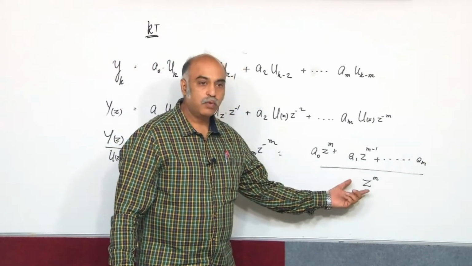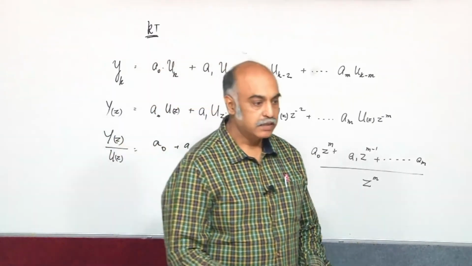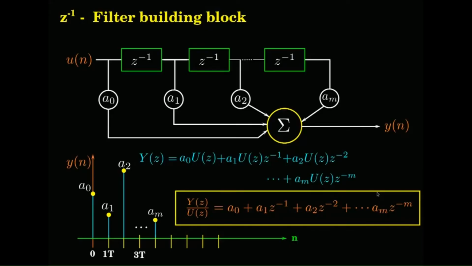Now, here, if there are m poles, all the poles are lying at z is equal to 0. So, if you are having m poles, all m will lie at z is equal to 0. That is the character of this particular filter. When you see that all the poles lie at z is equal to 0, then it is just a forward direction filter, also called a finite impulse response filter. Means you have an impulse, the response is finite, it is there up to only the number of memory blocks that you have. After that it becomes 0.